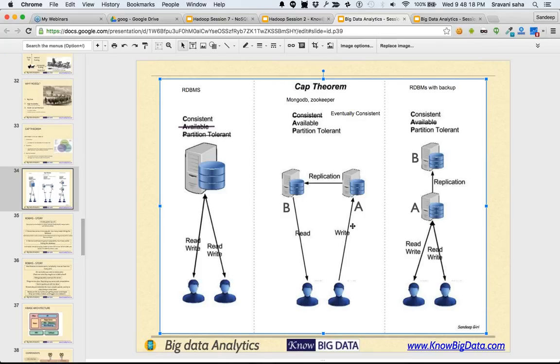All right. The third kind of databases are this one, where you have A, which is primary and the main single point of contact, while there is a backup server called B. So all the users are writing to A, and A is transferring the data to B as a backup. Now, while it's consistent in the sense that all the users are reading from A and writing to A, it is not really available